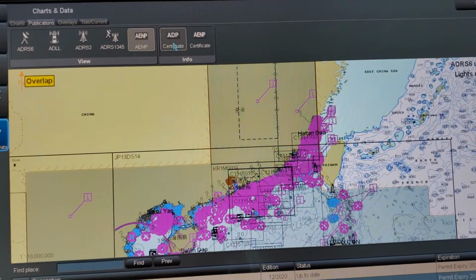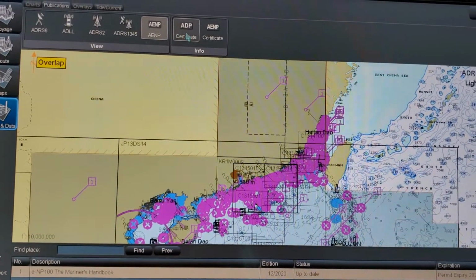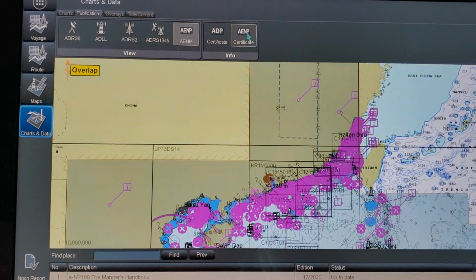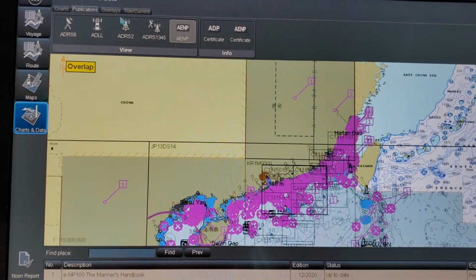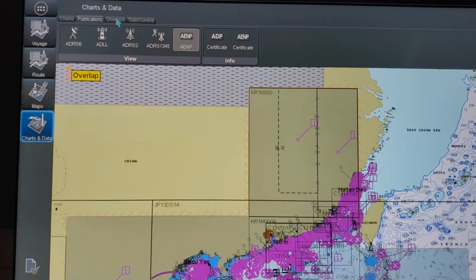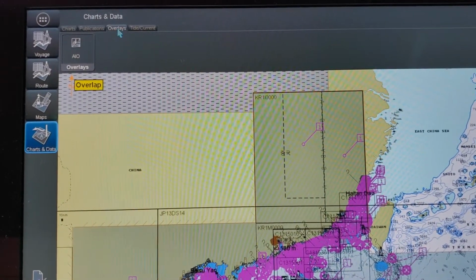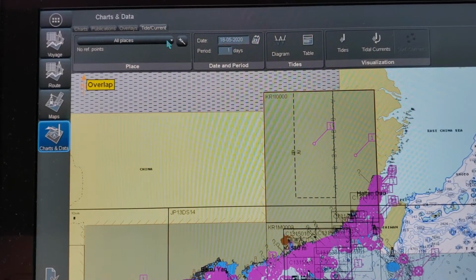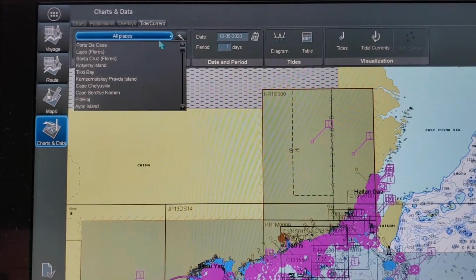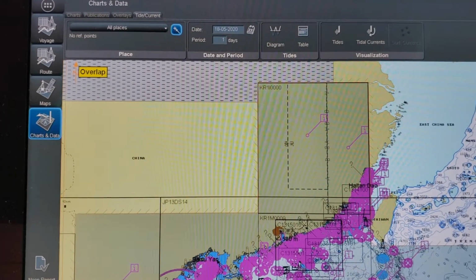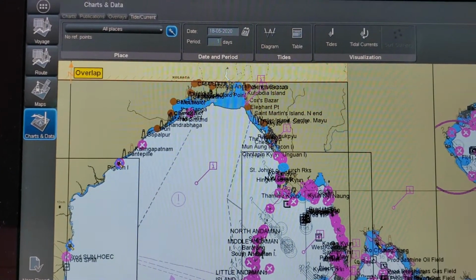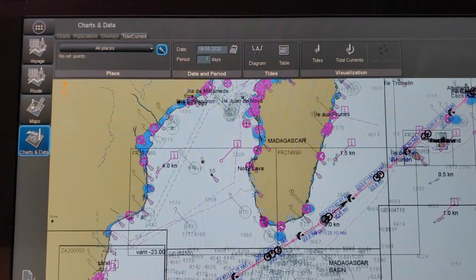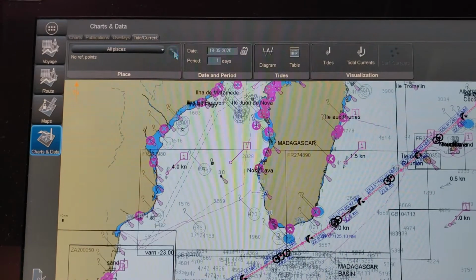Same thing, ADP certificate. Just before arrival, you take a printout and then you can show it to PSC officers or something. AENP certificate, same thing. Okay. Let's move on to the overlays, AIO overlays, whatever are there. And this is your tide. So if you want, for example, with the cursor, now I don't know which place, let me show you where my ship is right now. Okay, somewhere here, and then I click it with the cursor.